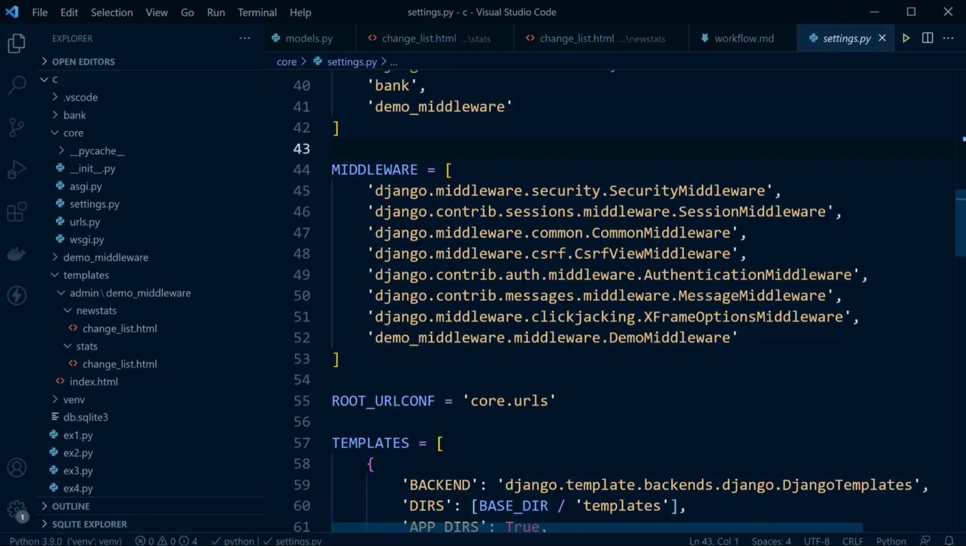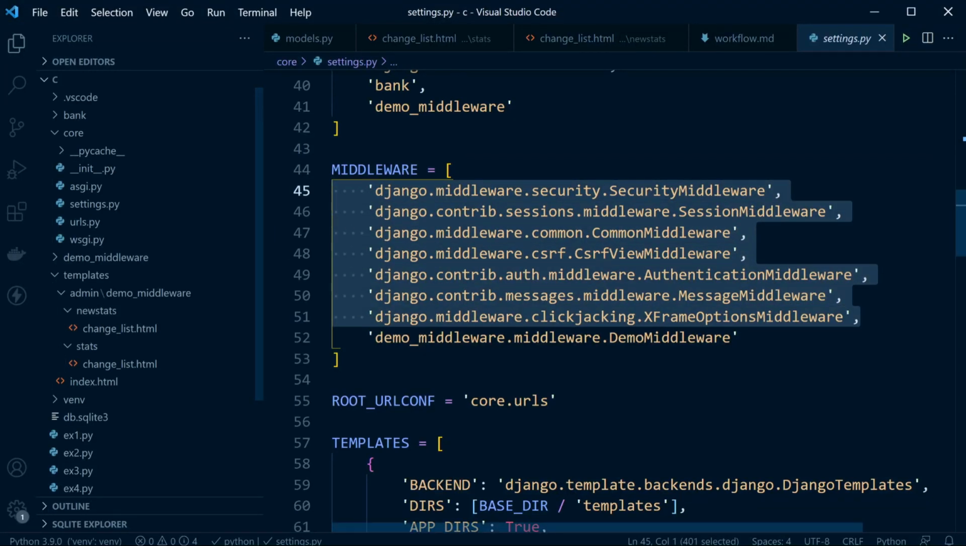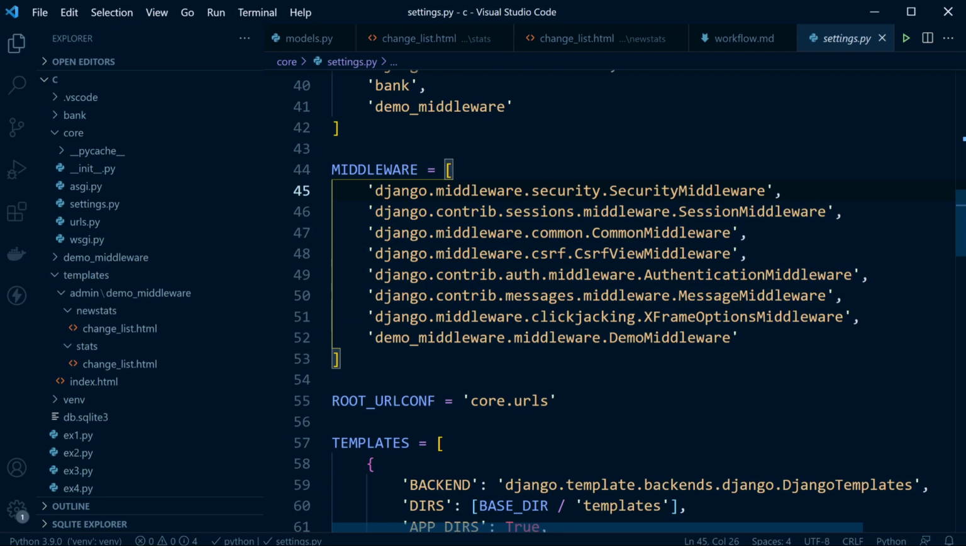So you're probably all too familiar with the settings file of your project. Now, in every settings file, you're probably going to find a middleware section. This middleware section describes all the middleware that is currently activated on your Django application. So this is the default list if you start a Django application utilizing the django-admin command. Now, you can see the order that's